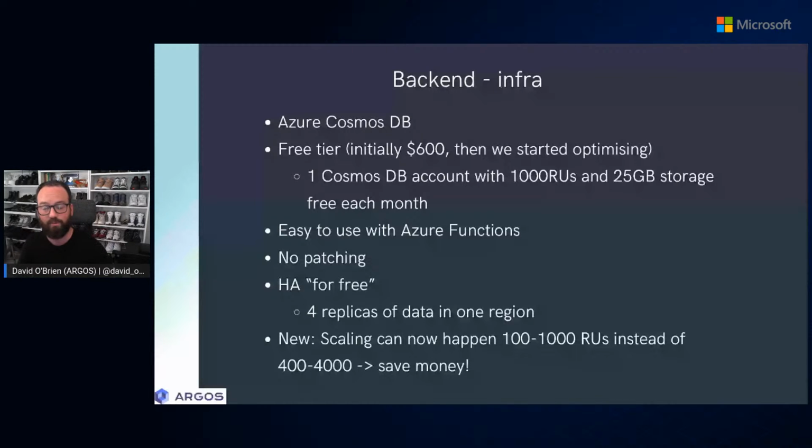That's going to get important in a second. You can already get quite far with 1,000 request units per second. Don't have to go too deep into request units per second, but it really depends on how you also build your queries. Microsoft charges you based on the compute, basically, they have to set aside for you to run a query and return the results. Well, very quickly, we got stung with $600 on that Cosmos DB backend, which ended up being the most expensive, but also the most valuable aspect of our application, really, before we started optimizing our spend here.